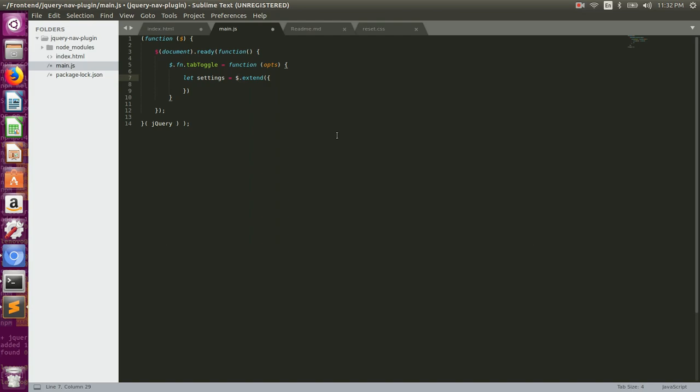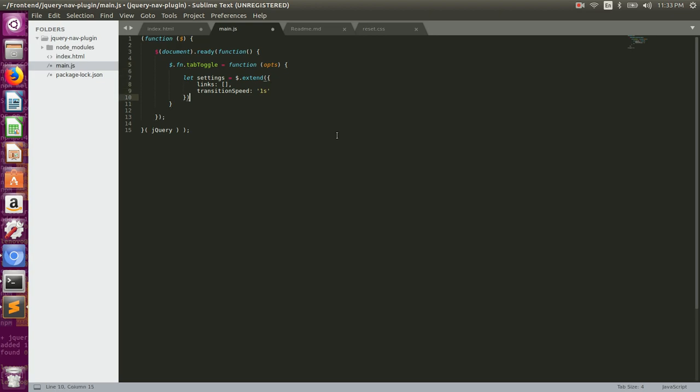So this object itself, whatever this is going to operate on, is going to take some options, and we're going to extend them. So the options that are going to be available are links, and that's going to be an array, an empty array. That's going to be the default value of that option. And then we're going to have another option called transition speed, and that's going to default to a string that has these values here. Okay, these characters, and once we've defined that, we can continue on